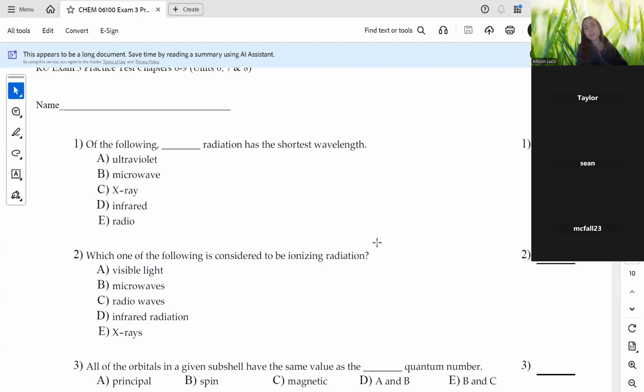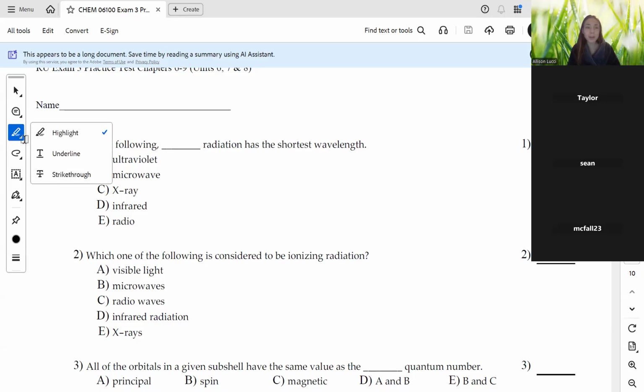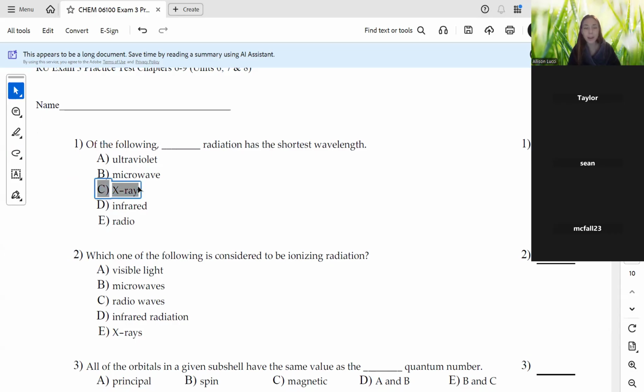But this first question, this is back in chapter 6. So what we need to consider here is the electromagnetic spectrum, right? So we looked at some different types of radiation, such as ultraviolet, microwave, X-ray, infrared, or radio waves, including the visible spectrum as well. So you might have this memorized, but if not, X-rays here, can I highlight? X-ray is going to be our correct answer because of the correlation between energy